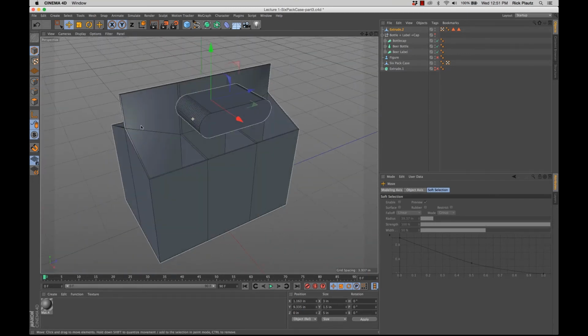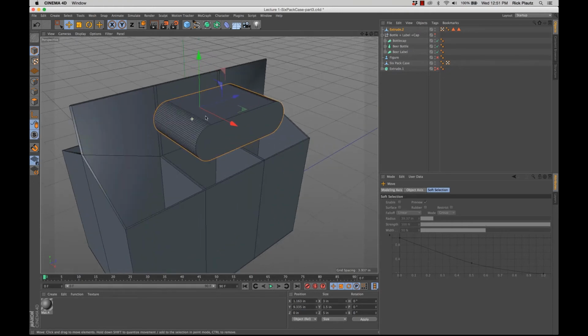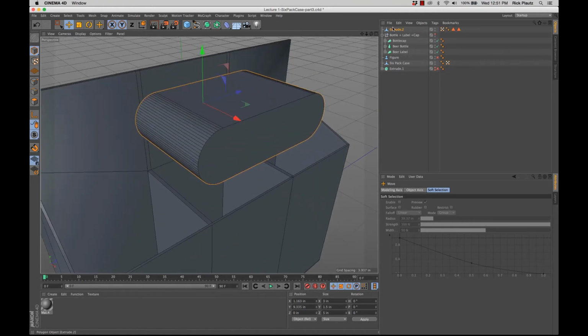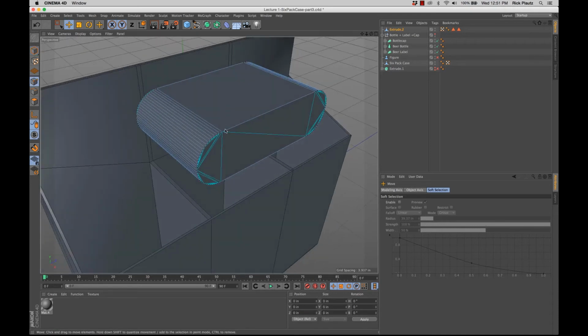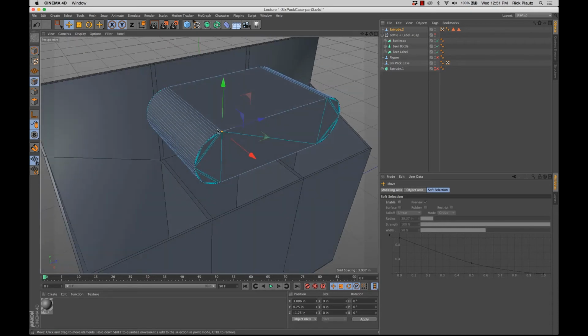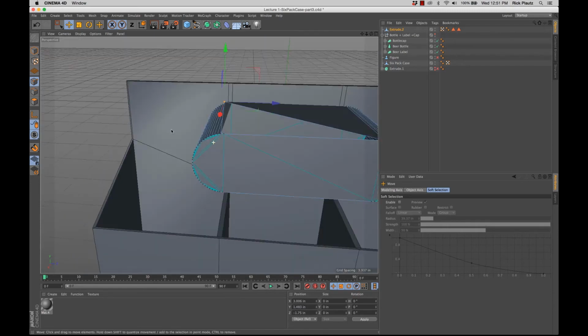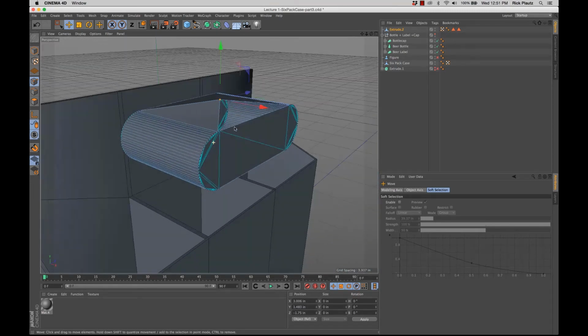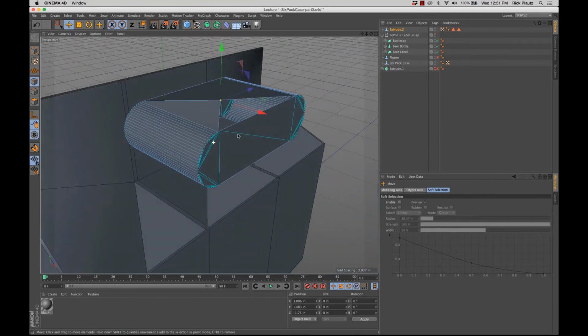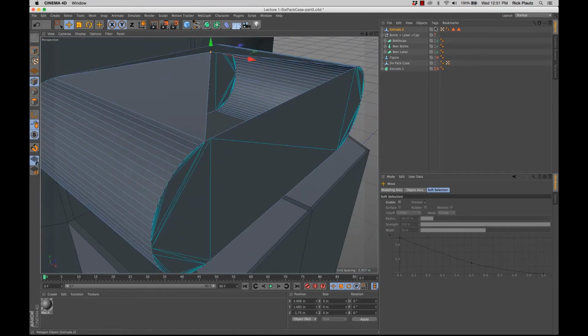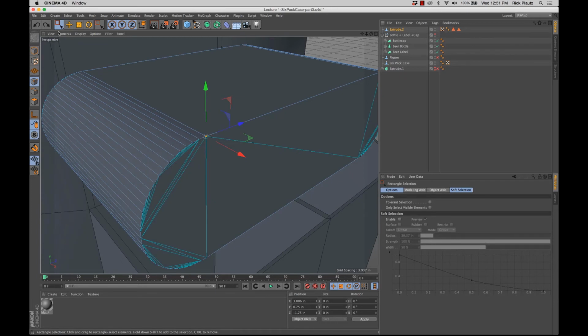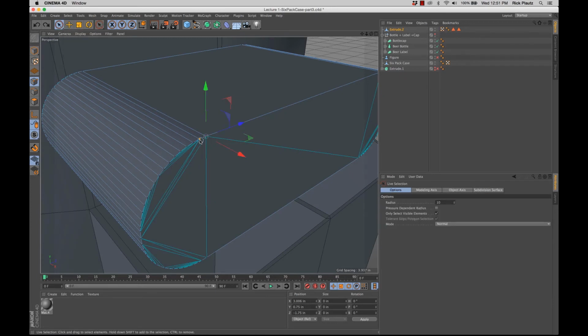Okay, so now this appears to be one object. If I go into point mode and select one point and move it, that happens. Really frustrating. Even though it looks like one object, it is one object in the object manager. It's one object here. If I was to go in and model this, if I wanted to, and move these points around,